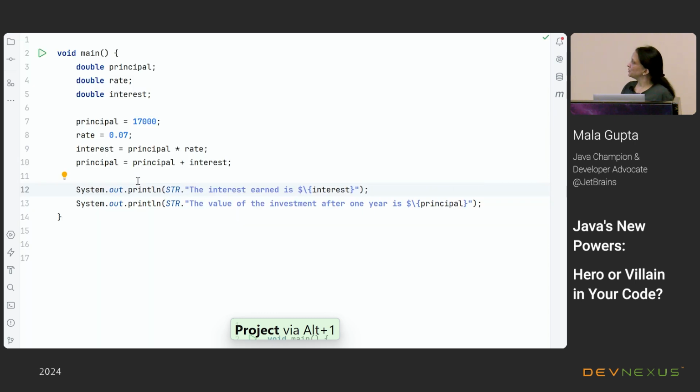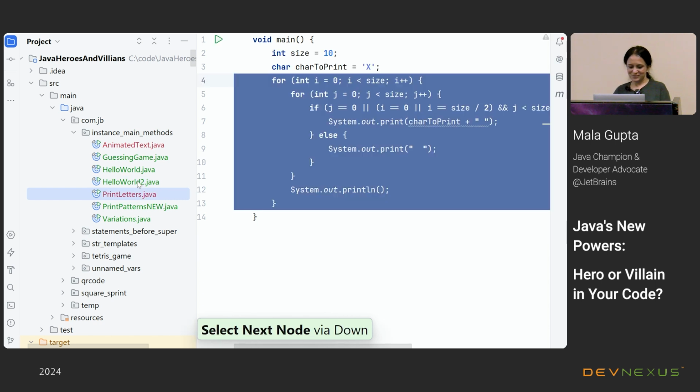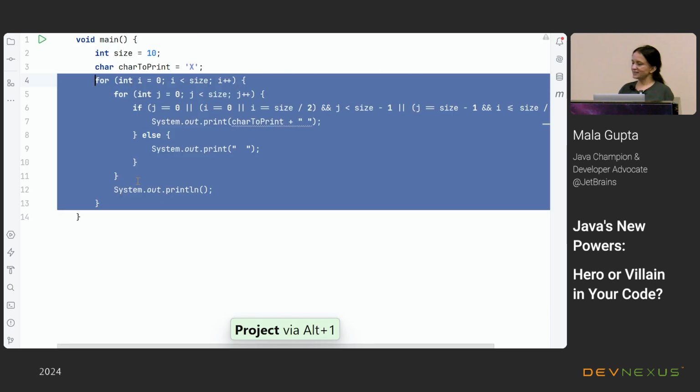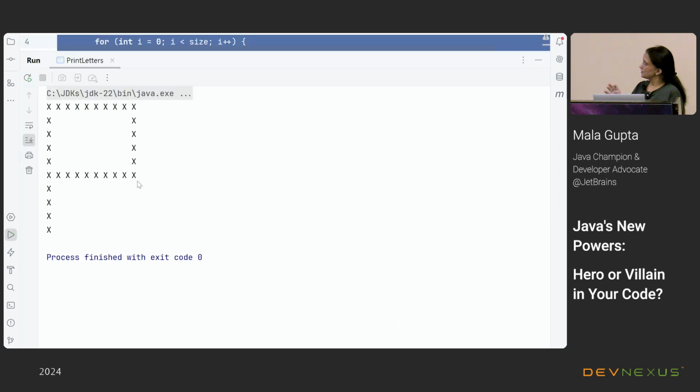How many of you remember writing this banking application where you have interest and amount? All of us, right? This is not the only program that we could write. We could write something as interesting as this one. This is all using the basic constructs, sequence, iteration, loops.